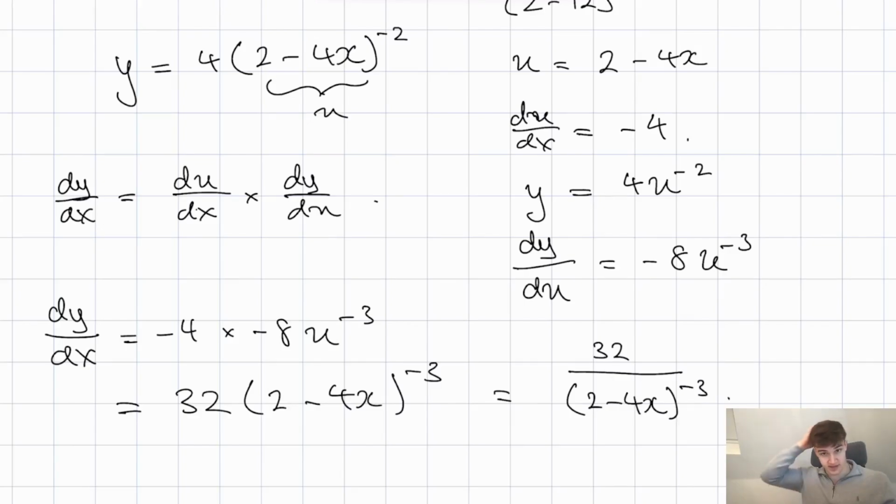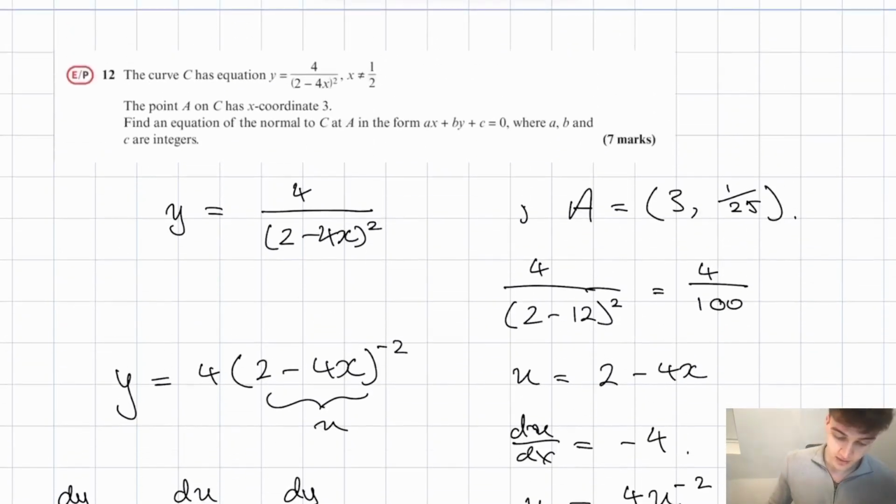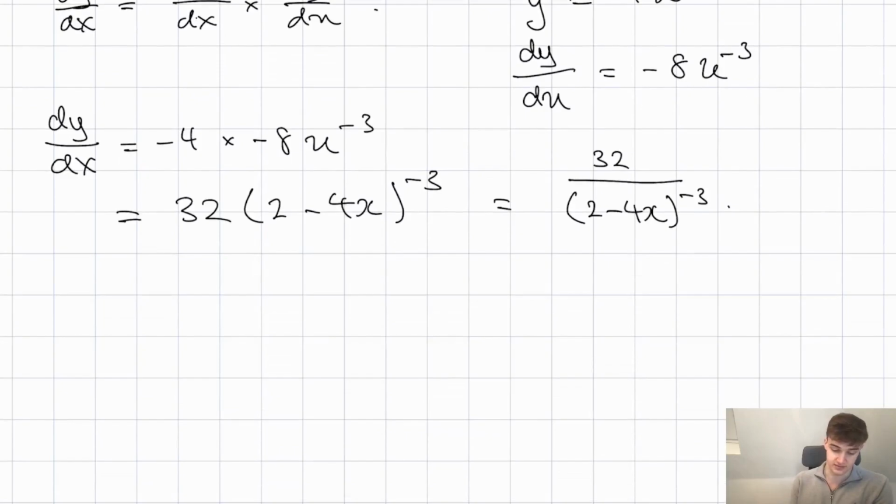Okay, so that's dy by dx. What did we want to do? We want to find the equation of the normal. So in order to do that, we need to find the gradient first of the tangent, and then we can take the negative reciprocal. So the gradient of the tangent